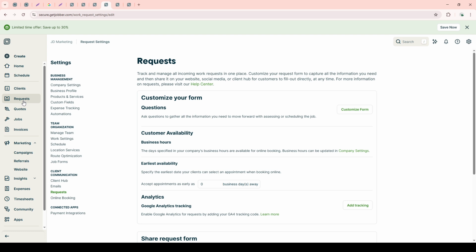If you've enabled online booking, a great feature for boosting business convenience, you'll find options to customize your booking URL. Additionally, you can incorporate UTM tracking, an invaluable tool for monitoring where your leads are coming from, allowing you to fine-tune your marketing strategies. Lastly, don't overlook the Client Hub settings, where you manage the visibility of products, appointments, and